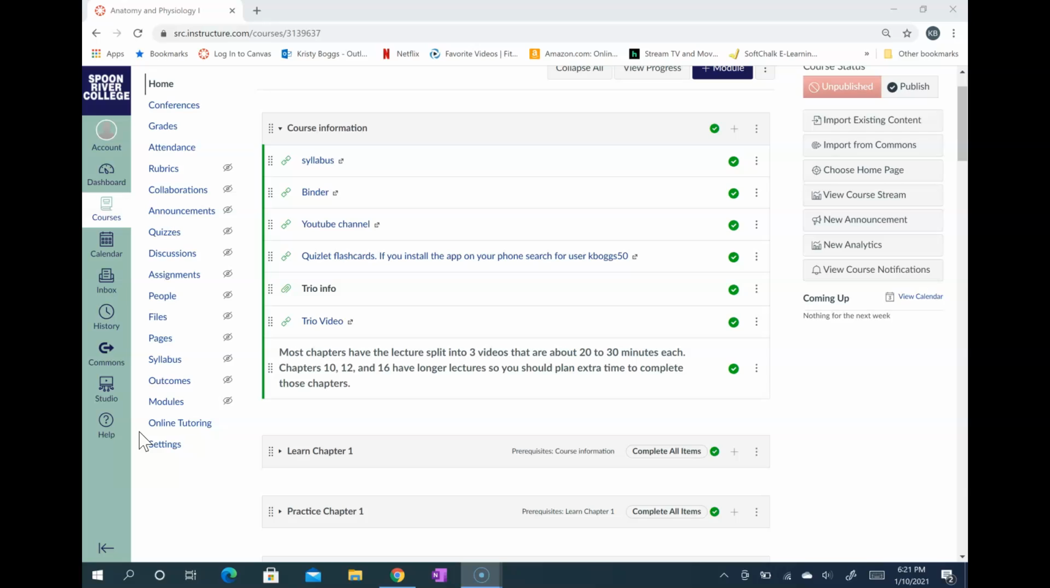This class has two parts, A&P 1, which is Biology 200 that covers chapters 1 through 16, and A&P 2, which is Biology 201 that covers chapters 17 through 29. The only difference between the two classes is which chapters are covered. All the policies and the structure of the class are the same, and we do use the same textbook. So if you bought your book for Biology 200, you can keep that same book and use it again for